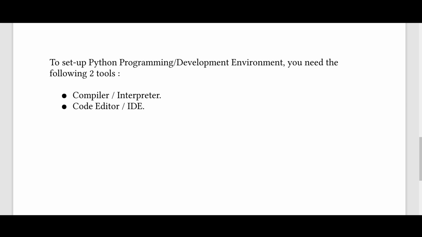machine, you basically need two tools. One is a compiler or interpreter, and the other one is a code editor or IDE. So that means you need one compiler or one interpreter. In our case, we shall set up the Python development environment, so we need the Python interpreter, and we need any one code editor or any IDE to write the